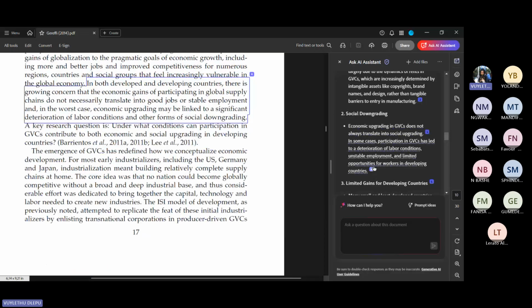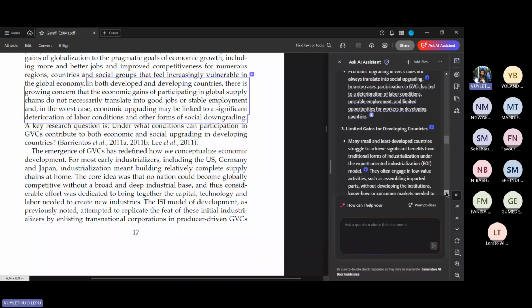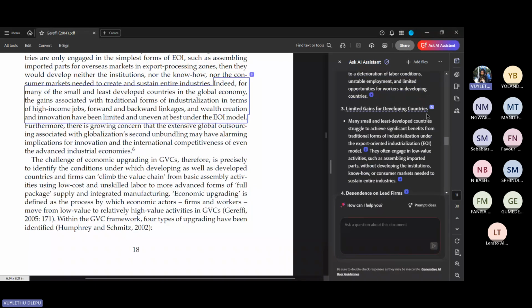Economic upgrading does affect us because if they use automation in developing countries, in a way, this is just me thinking from what I've been reading from Learning Unit 6 and what I've learned from all the other people who told us that upgrading had to do with, you either upgrade production or the quality or whatever. And sometimes it does affect your workers, because now you're using automation. And then what's it, limited gains for developing countries? That's not a challenge, but